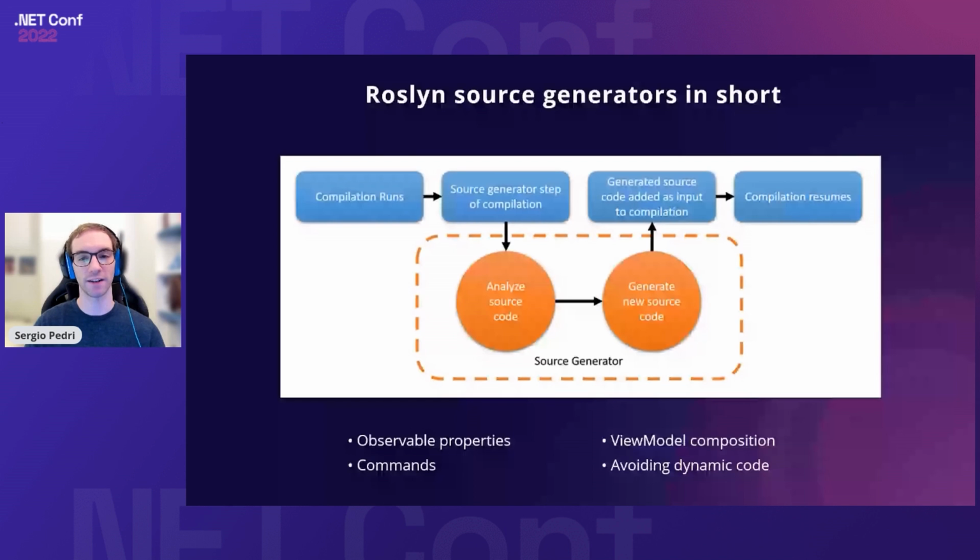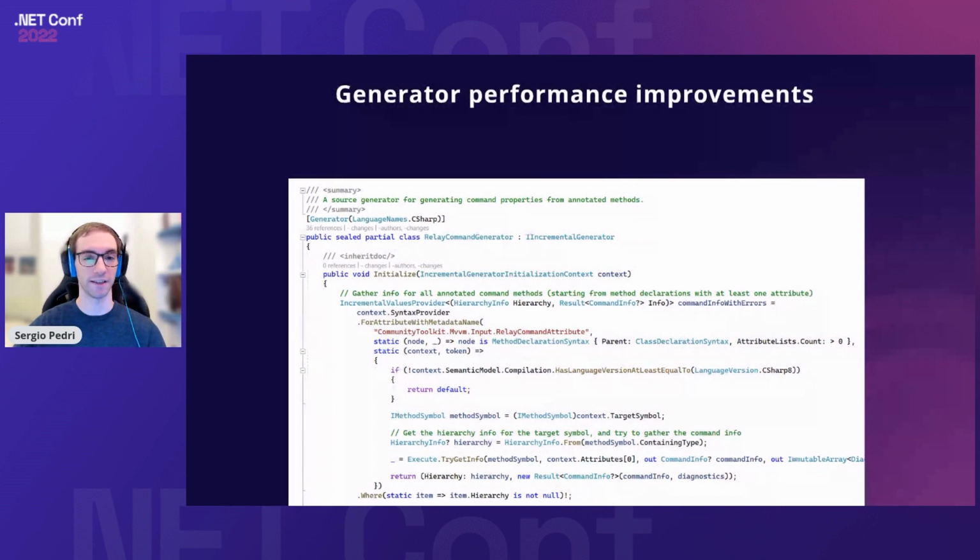Specifically, they have to run in less than 10 milliseconds, because otherwise the whole IDE will just become sluggish, slower, and the developer experience as a whole will suffer. And so this is why performance improvement is extremely important for source generators. For that, I actually want to go over some of the new performance improvements that we did in this new release. The first one that I want to start with is the fact that we're now using